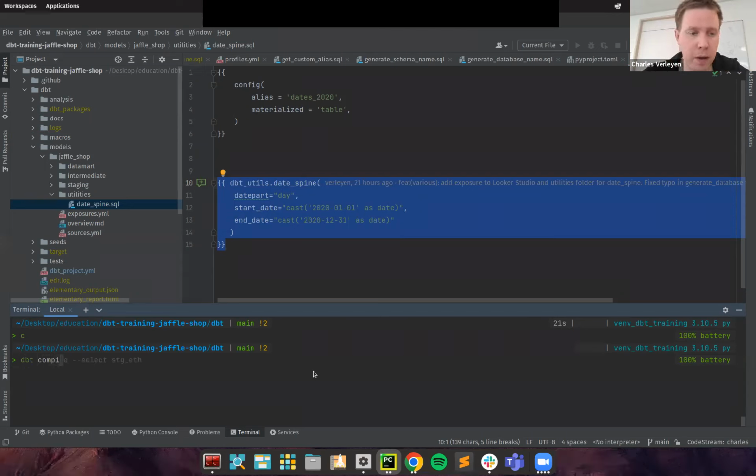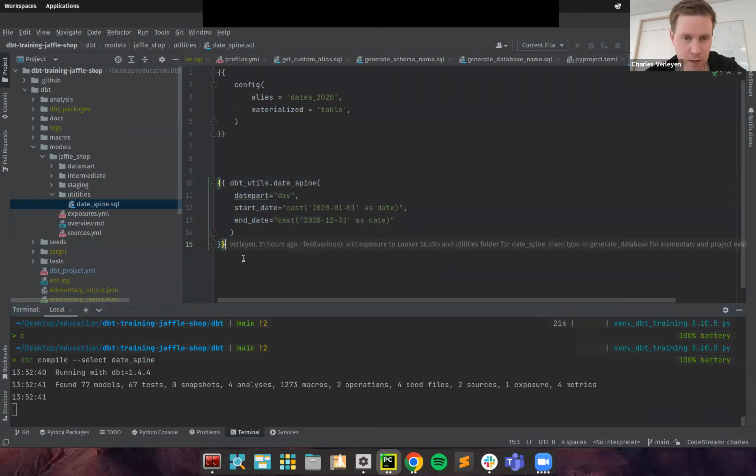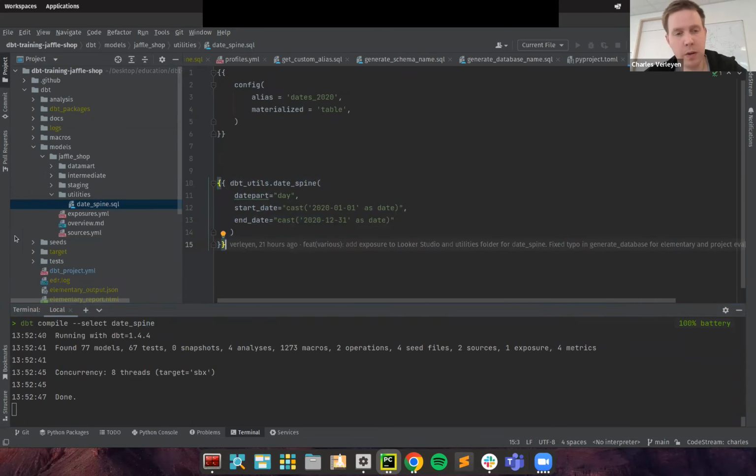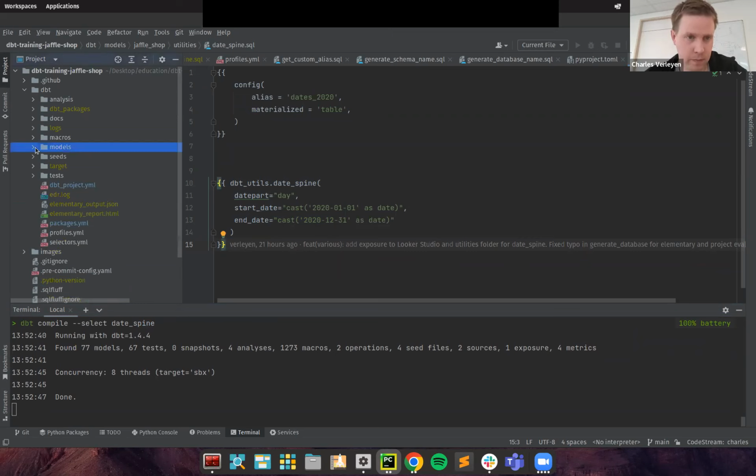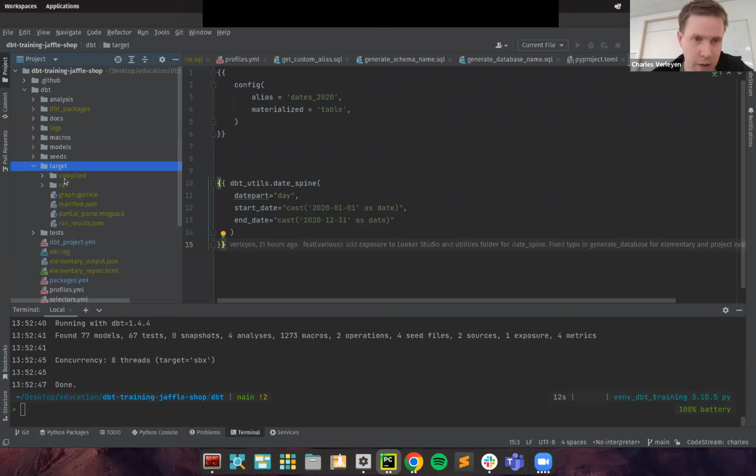So here, if I do DBT compile with select, to run a compile on only one file, you have to put the file name. So here it's date_spine. This is not going to run anything against BigQuery. It's just going to translate this macro into an SQL file locally. So where does DBT put it? In this target folder. In this target folder here, if I go into compiled,